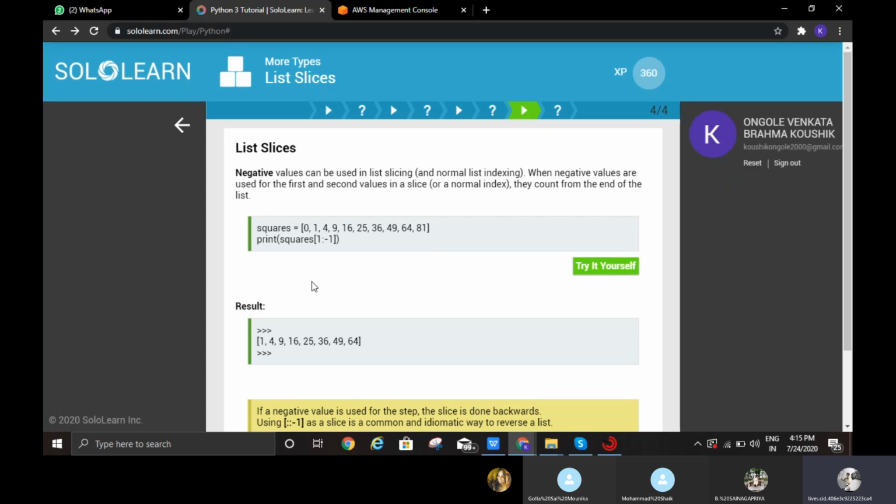In the result you see 1 to 64 because the second index value is 1, so it prints 1 to 64. It deletes the last value here.